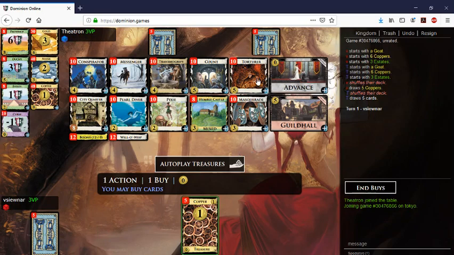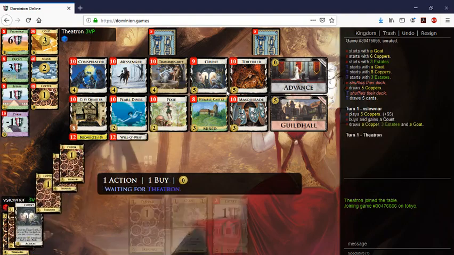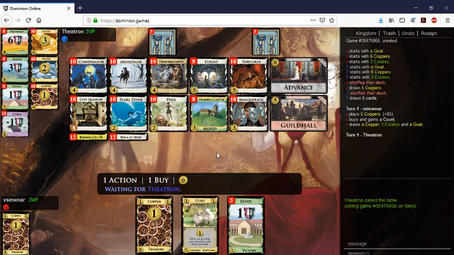Alright, so we have City Quarter, Torturer. There's no way to trash aside from Count. No, Masquerade trashes as well. Guildhall is obviously useful when you will be gaining lots of treasure, which I'm not sure we will here. Maybe. I think we do get a Count. We might gain some coppers off the Count, so